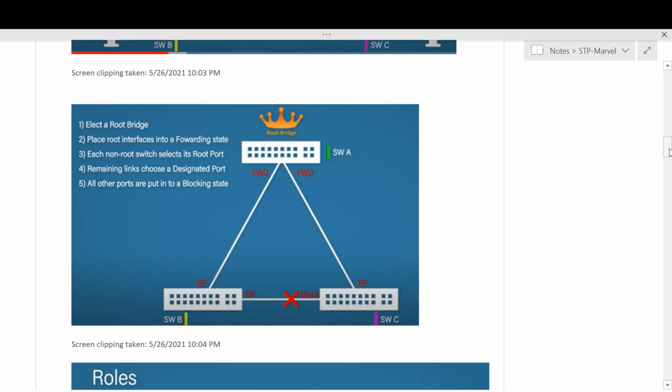Third, each non-root switch selects a root port. At least one root port must be there on the non-root bridge, only one port. How to select? There is an algorithm. Then the remaining links are chosen as designated ports. All other ports are put into the blocking state. In such a way the loop is avoided. These are the 5 steps.